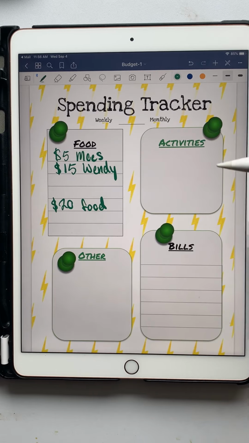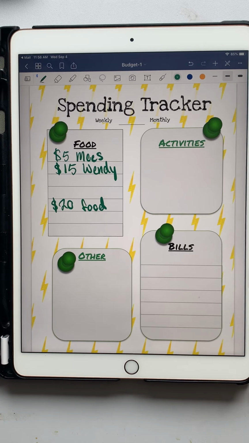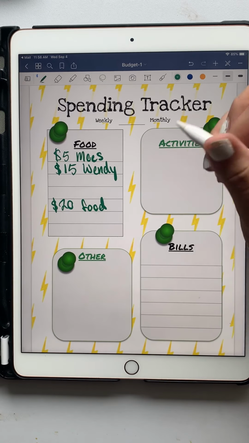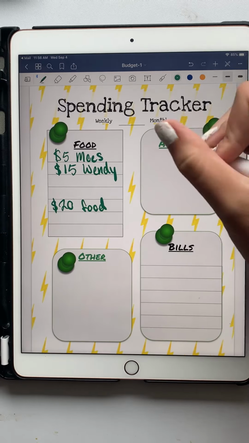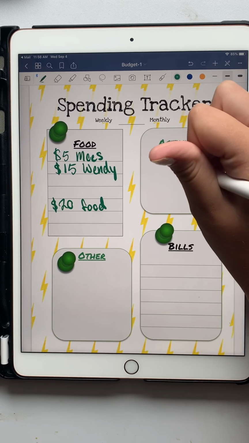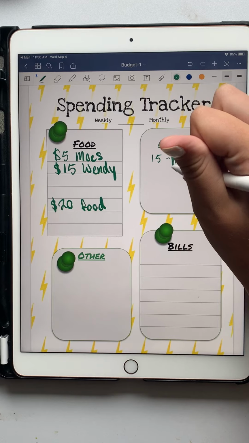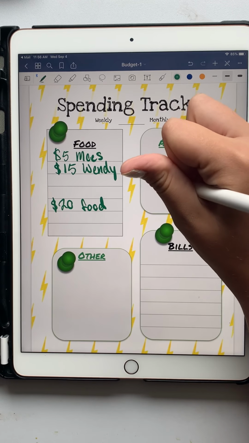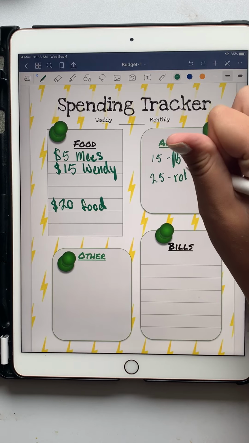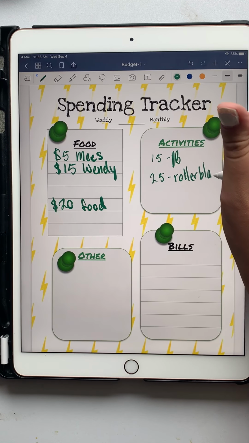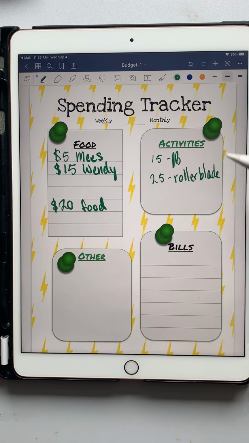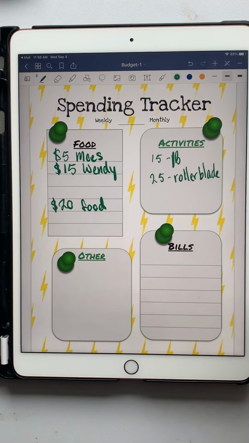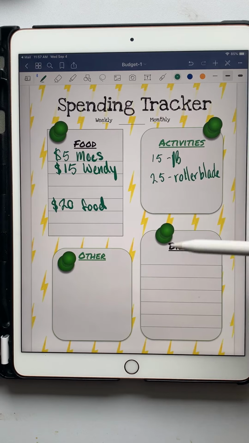Or maybe you have all of your receipts from things that you spent during the week. If you went to Dave & Buster's one day and you found that receipt, and then you also went roller skating, maybe you could add that here and have all your oddball numbers. So you spent 15 at Dave & Buster's, and then you spent 25 rollerblading. That way you can add it up. So this is kind of like a little scrap sheet to keep track of everything that